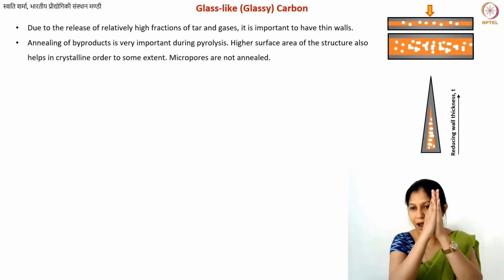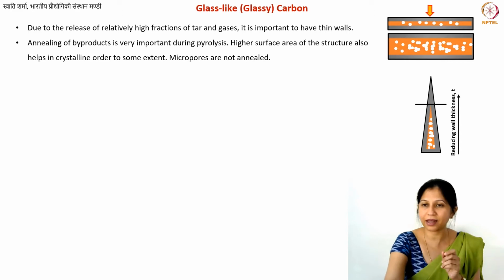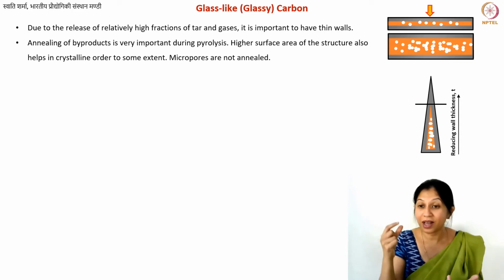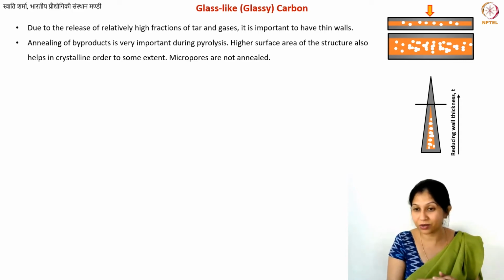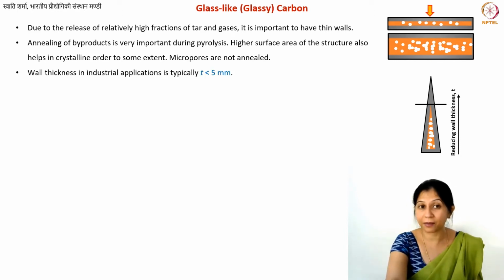Okay, so you make this kind of wedge, and then you will see that the bubbles will be there in the center up to a certain dimension, and then at some point you will get clean carbon. So now you know this is the optimum thickness. You cannot go thicker than that. It is not possible with the given conditions that you're using. So this is one of the things that is frequently done.